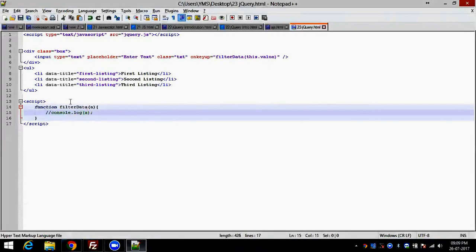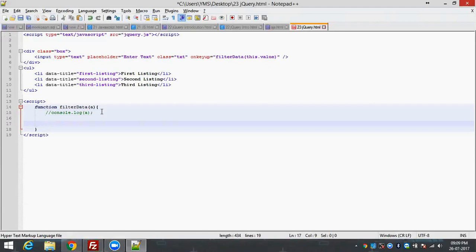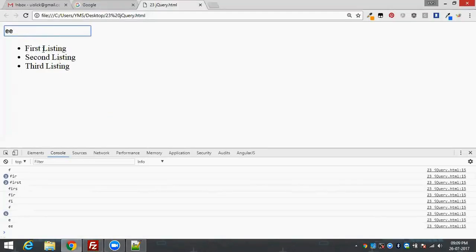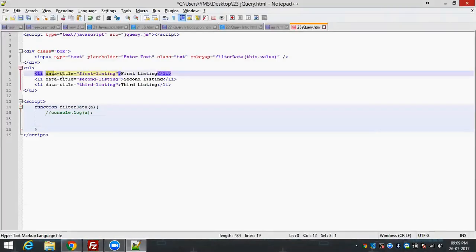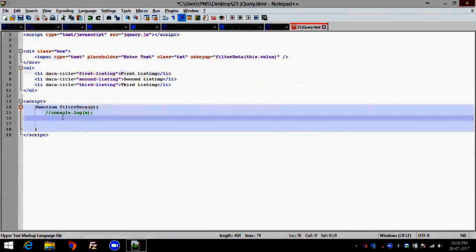Now, so what we're going to do now? When I key in something, it should check this data title, okay, and it should filter accordingly. That is our motto. Okay, first,